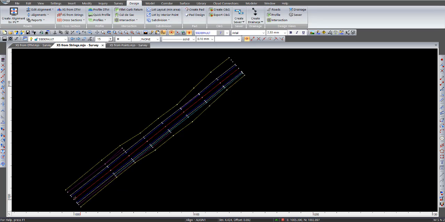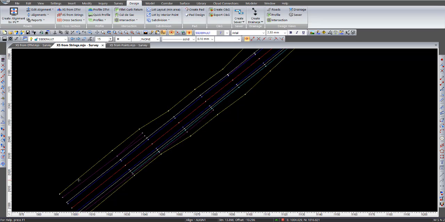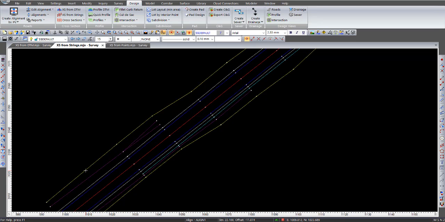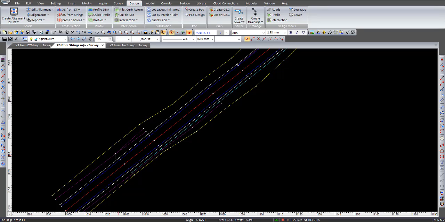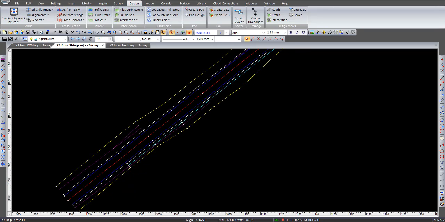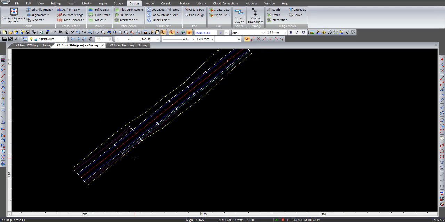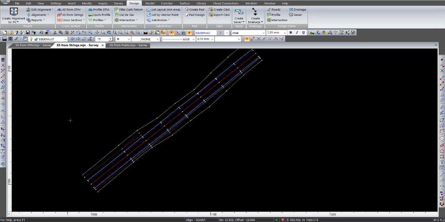It's basically just a straight road, and we have a whole lot of lines joined together. This one being the outer extremities, being the fence line. We have ground level shots joined together as lines, and also the edge of the pavement and the edge of the shoulders, etc., and a water table. So we've got this alignment in here, and the difference between cross sections from strings versus cross sections from DTM